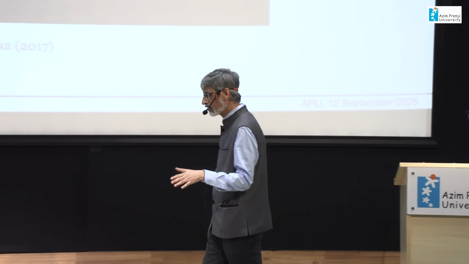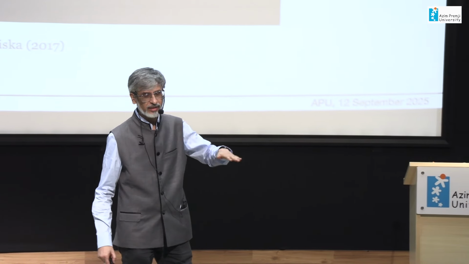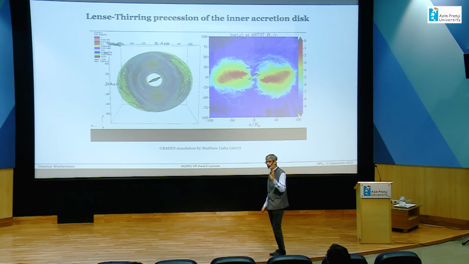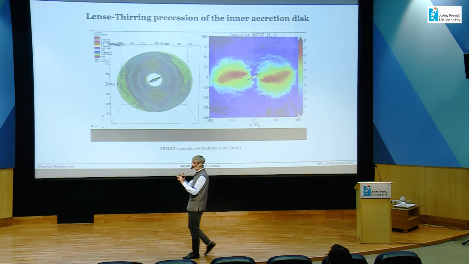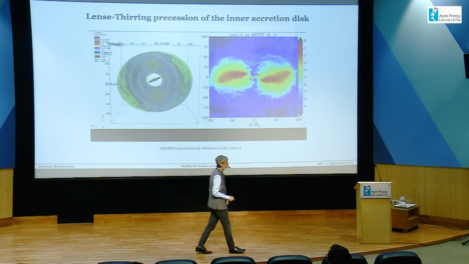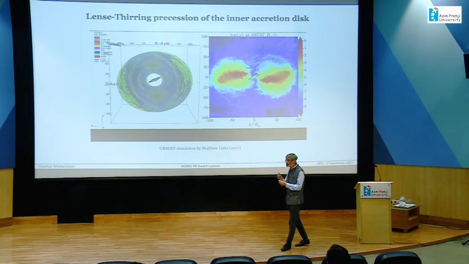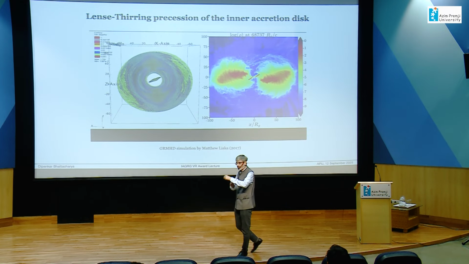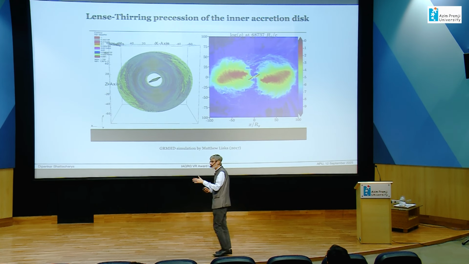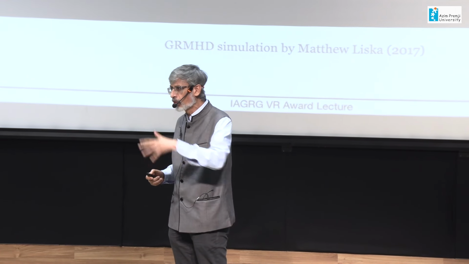In general, the orbital plane of the incoming matter need not be exactly aligned with the rotational equator of the black hole. If the black hole spin is slightly tilted with respect to the disk, then an important relativistic effect is that the black hole tries to drag the space-time near it along with its rotation.